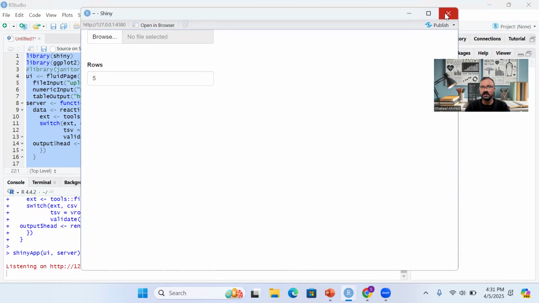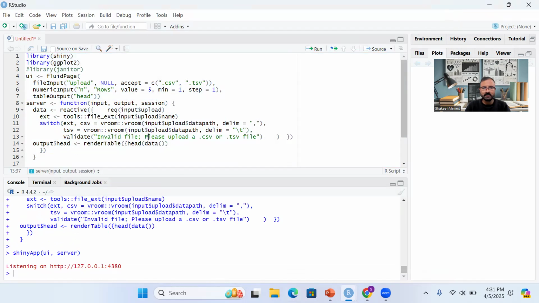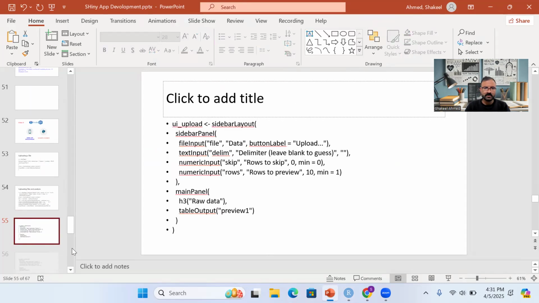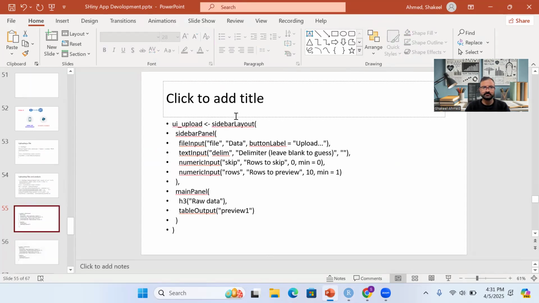So we have another example we will discuss later, but that example is much more detailed. So I want to just show that now